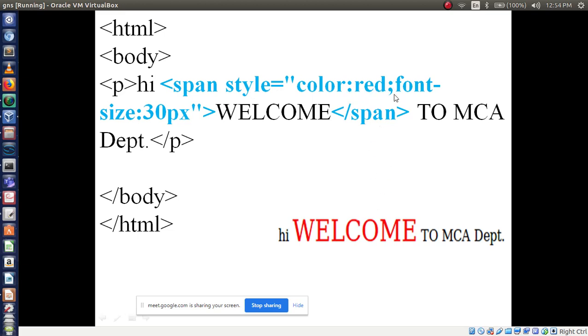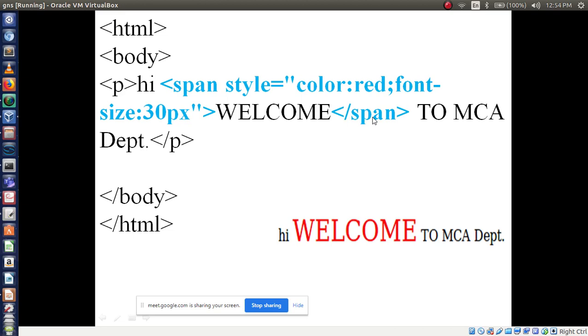Then semicolon. Next, it is displaying in big size, right? So for that purpose you have to use font-size. The property name is font-size. How much size? 30px. Finish. Then double quotes, finish. Then welcome. Then close the span tag.